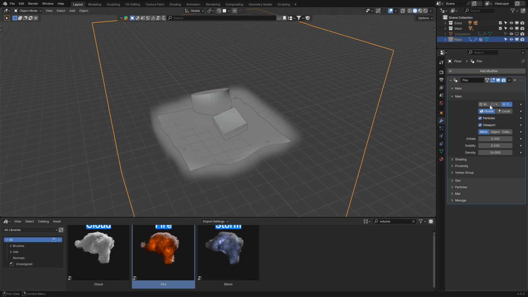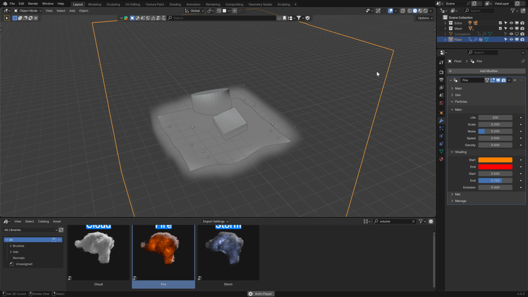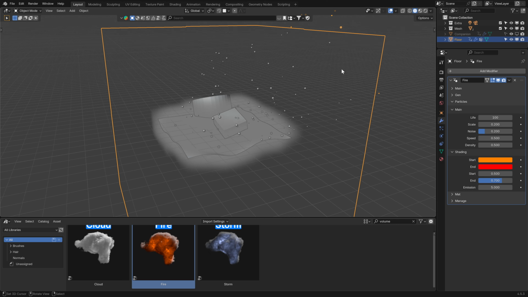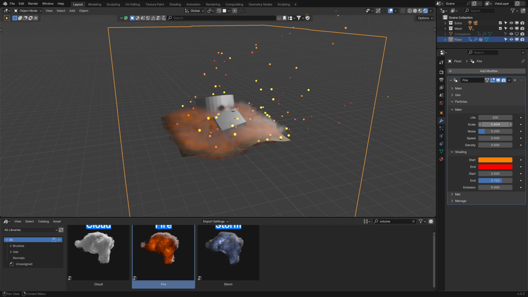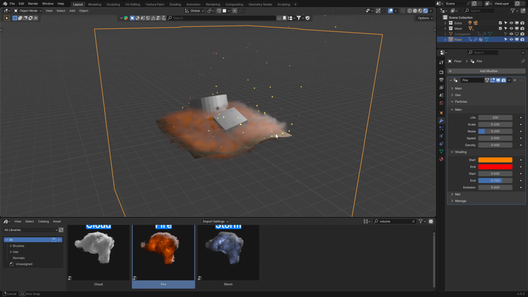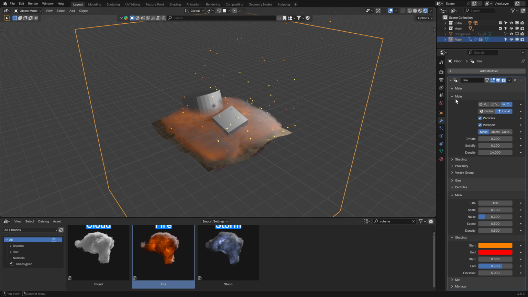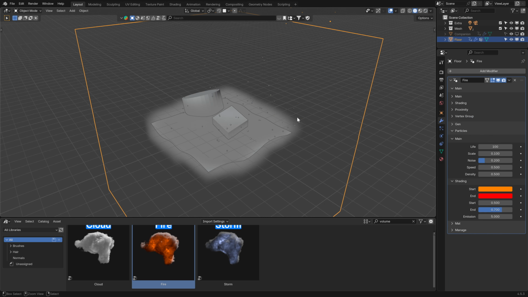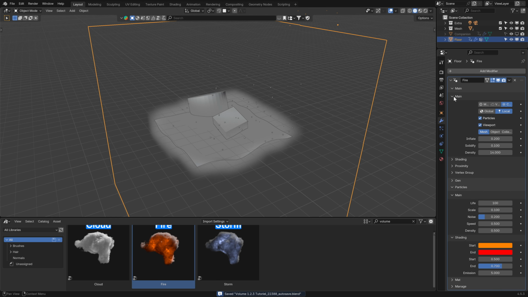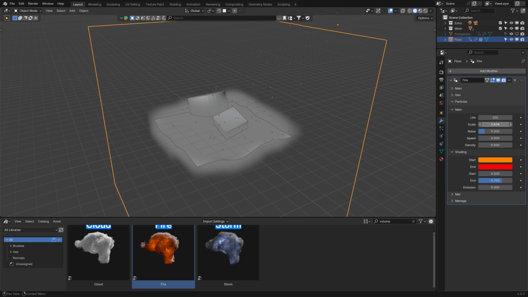And in the particle panel, you have this option. The particle lifetime, the scale. For example, the scale 0.1, the noise, the color.